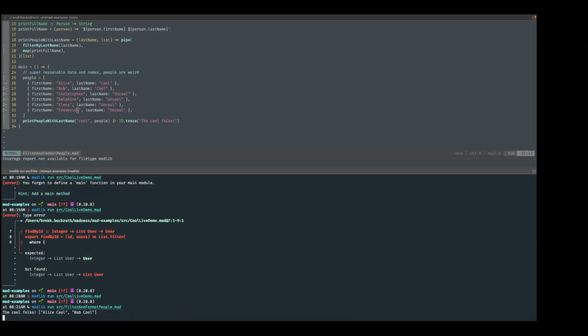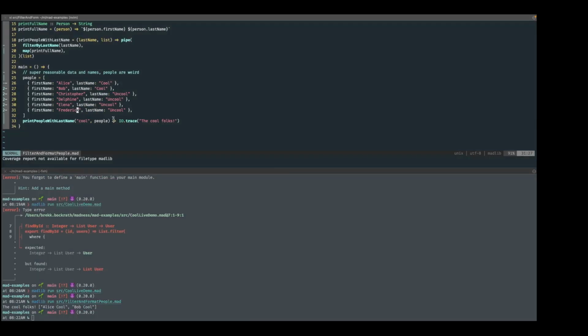Filter and format. So as you can see, last name cool, print people with last name cool, and again, lowercase because I'm lazy, and then pipeline operator so you can print it.